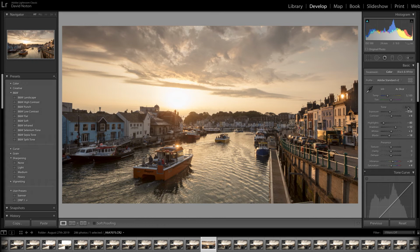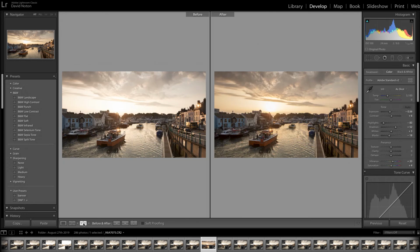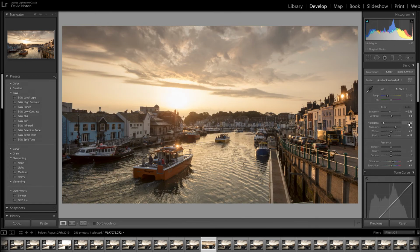But I think it's often quite interesting. There's no harm in just clicking on that and seeing what the auto settings have done to the picture. And certainly a lot better than the raw image straight out the camera. So that's interesting, but I'm not going to use it because I'm looking at that picture and I think it's